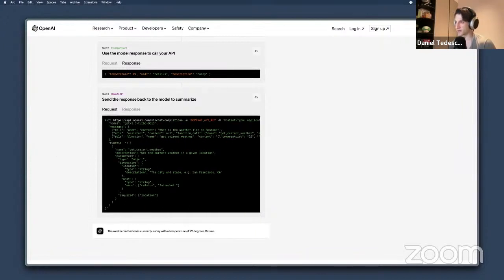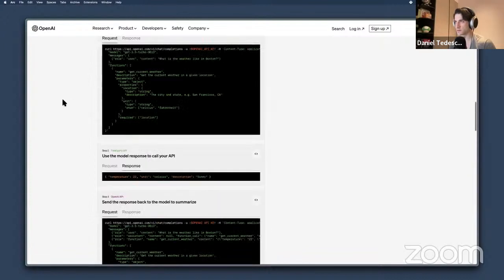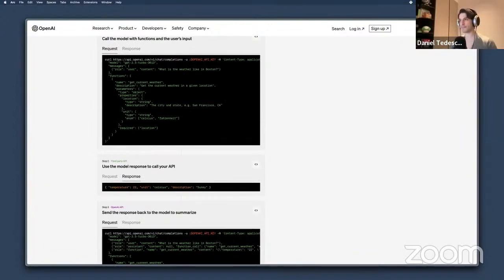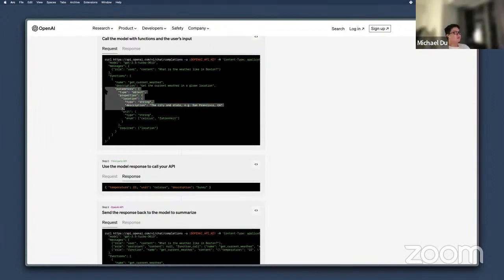Do we specify what the response looks like? It looks like you didn't see that. You just gave the inputs, right? That's just the definition of the function parameters.